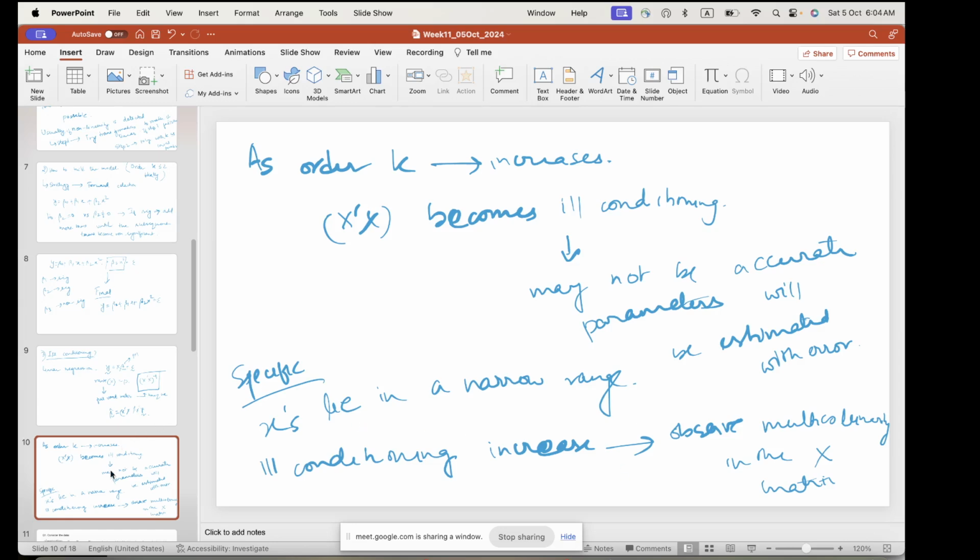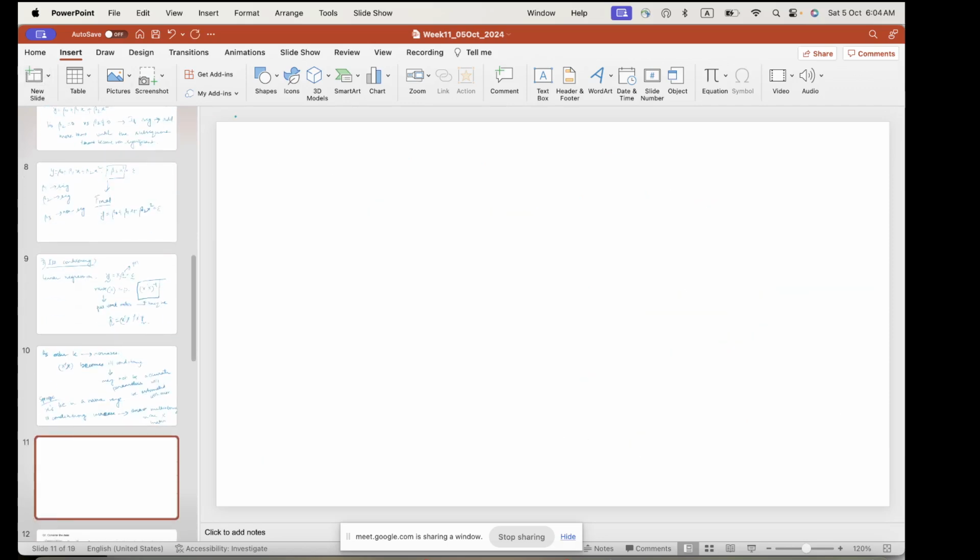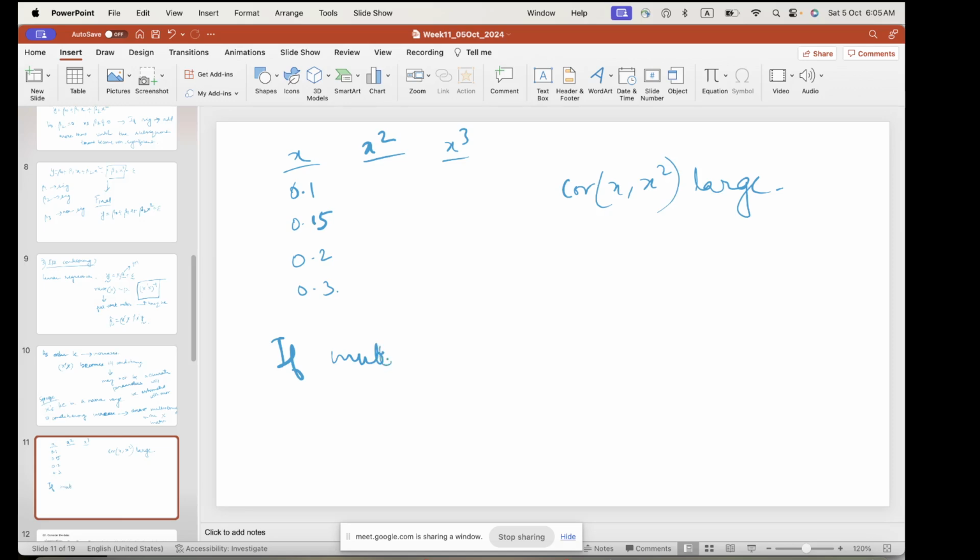Okay, so if you see that the range of x is 0.1, 0.15, 0.2, 0.3, and then you compare x square, x cube, and find out the correlation between x and x square, you will see that these may actually be quite large. Okay, so in such scenarios, we know that if multicollinearity is there,